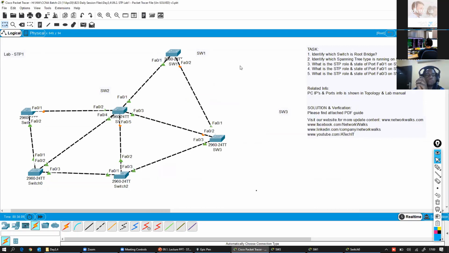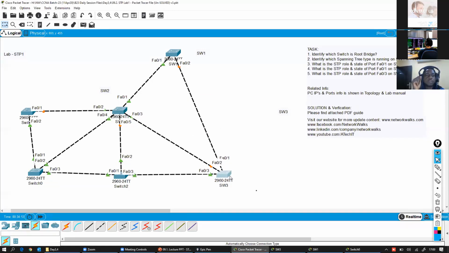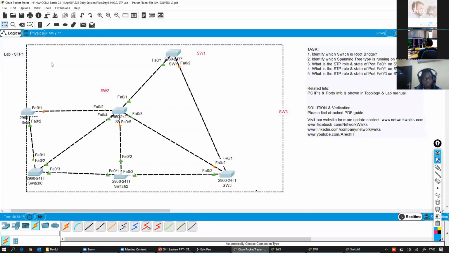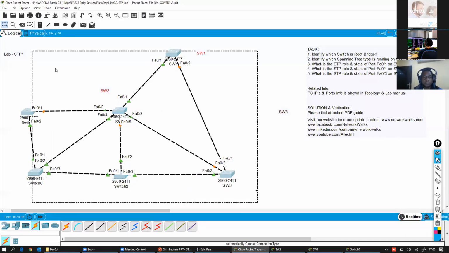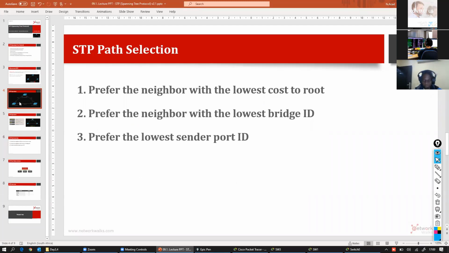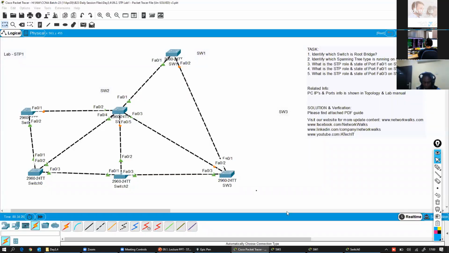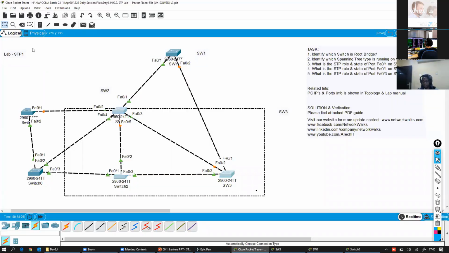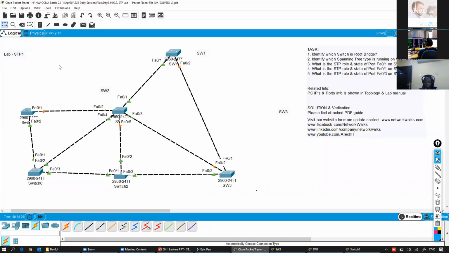Clear, guys? If you understand this concept, this is very important. If you understand VLAN properly and you understand STP, most people fall into this trap. So I have shown you practically, and I have also given you examples. I have tried to make it as simple as possible so that it becomes easy. Now for the rest, watch the video again and do the lab again, which we have given you.